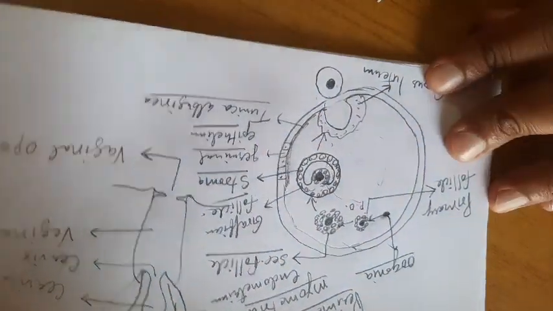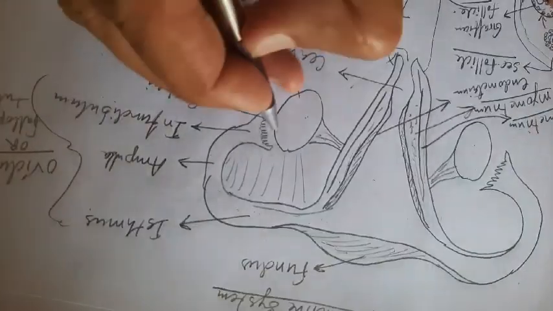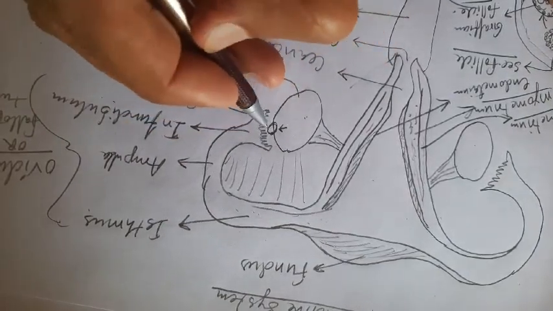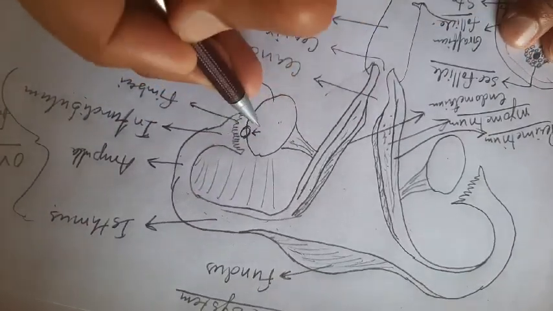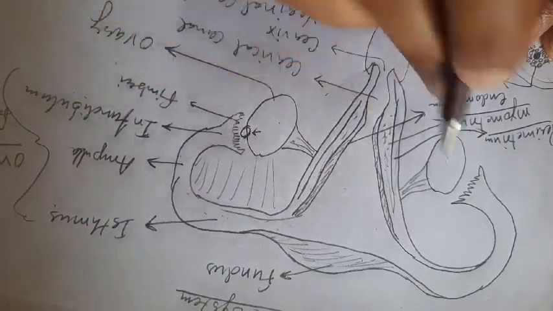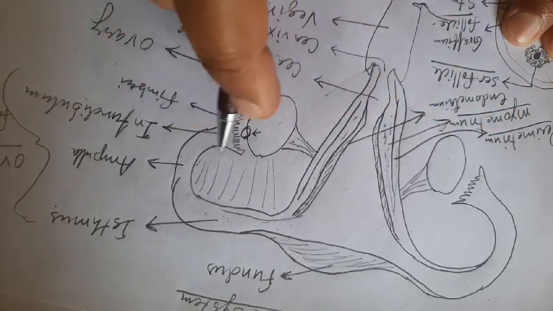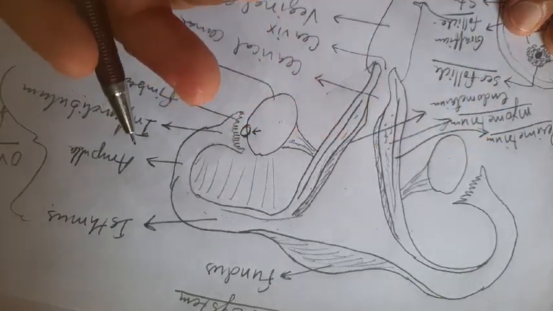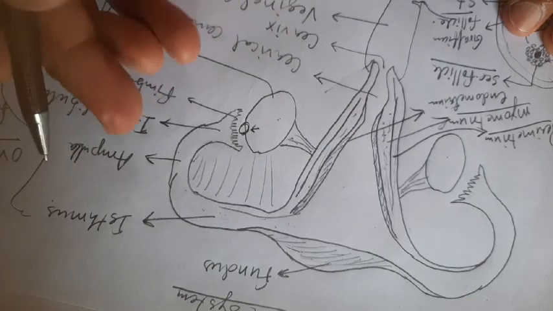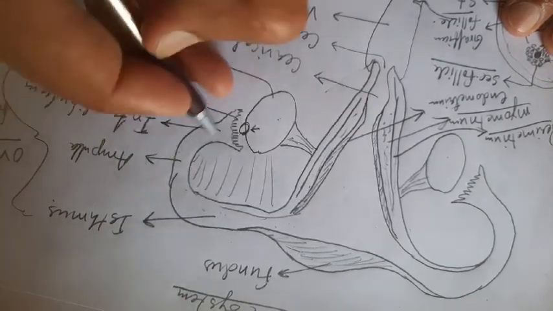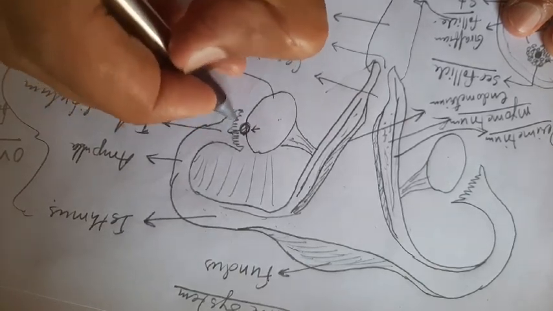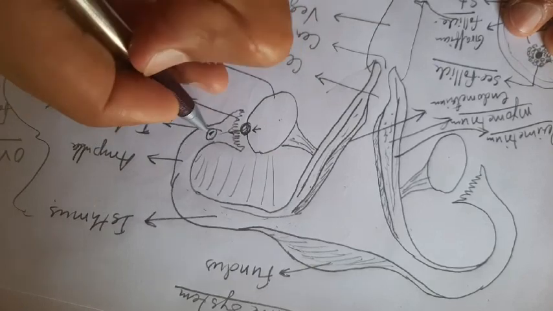So, this is the ovum released from the ovary. This is called ovulation. Every month only one of the ovaries releases one ovum. This is the normal procedure. Both ovaries may also release, and they may produce 2 different zygotes and form twins. When the ovum is released, it is collected by the fimbriae of the infundibulum, and it comes in.